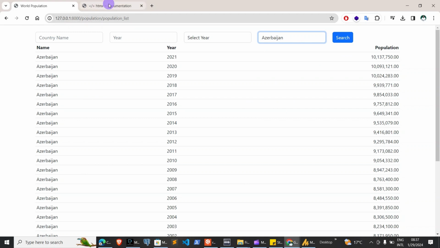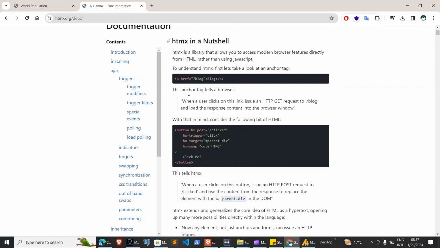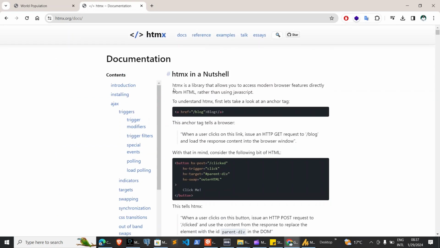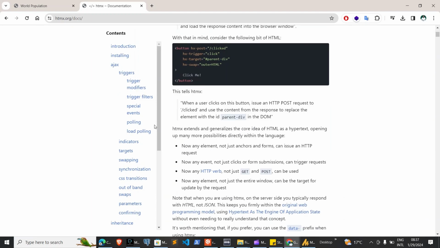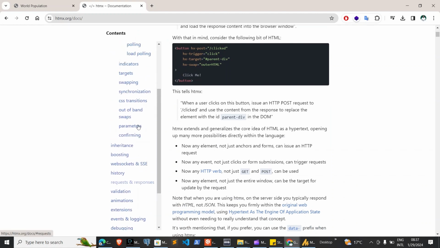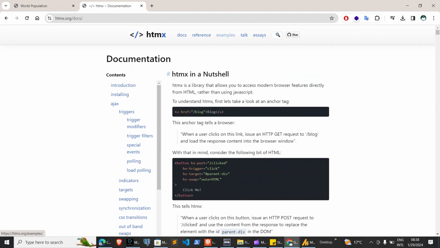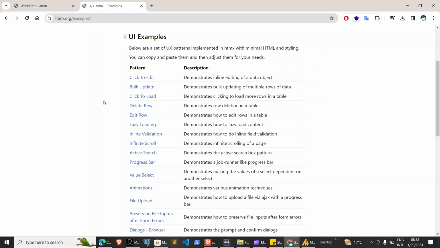Okay, in this functionality I'm using HTMX. HTMX is a JavaScript library that you can use to implement in your Django project. HTMX has several functionalities, and you can come here to the documentation of HTMX. You'll be able to read various things that HTMX can do, and you can also see the examples that are there. For example, click to edit, update, bulk,